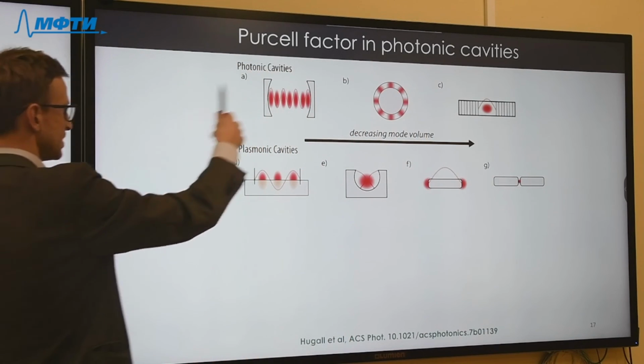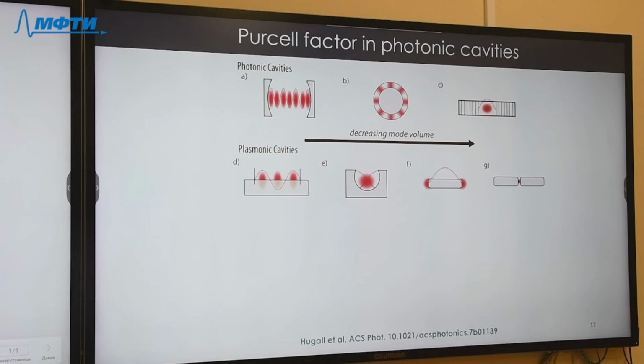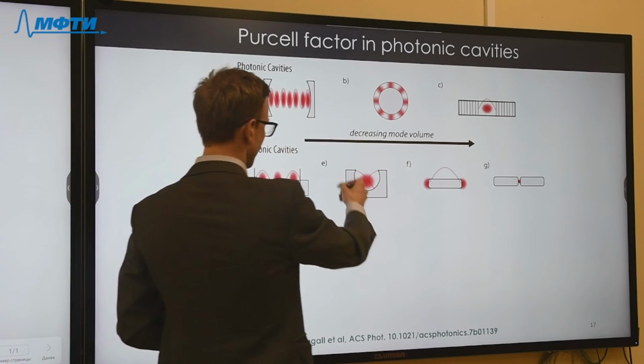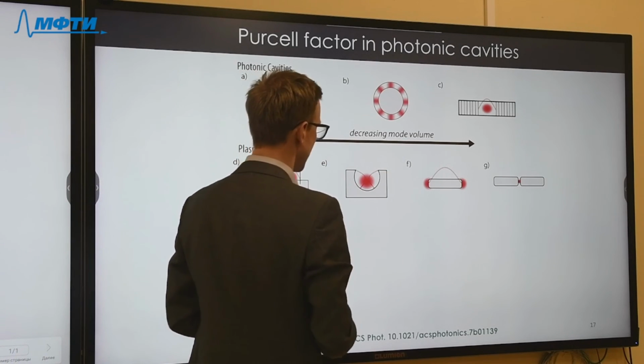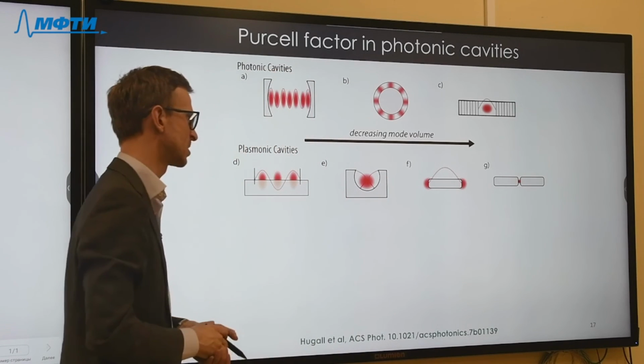And then we can have different kinds of plasmonic cavities, and roughly speaking, plasmonic cavities are nanoantennas that are resonant because of bulk oscillations of electrons